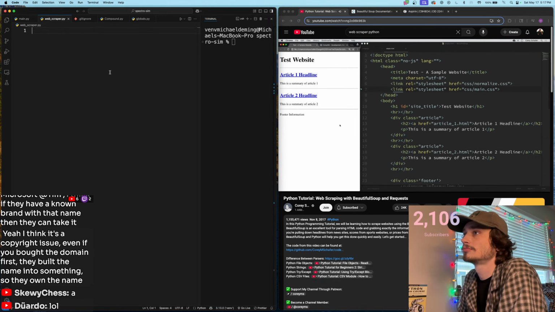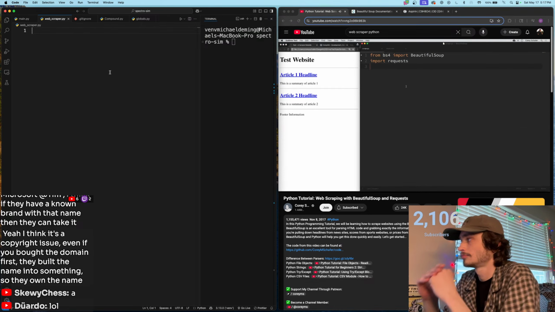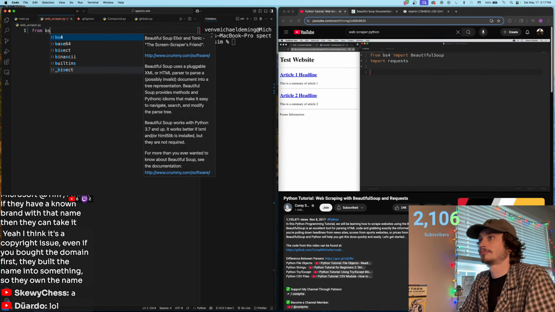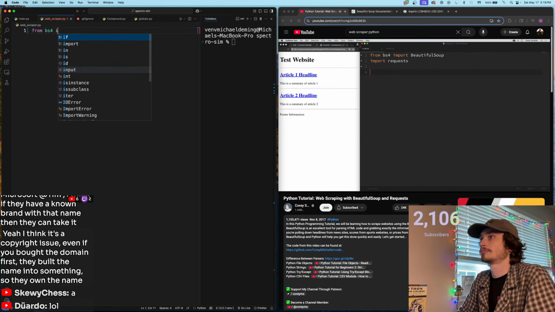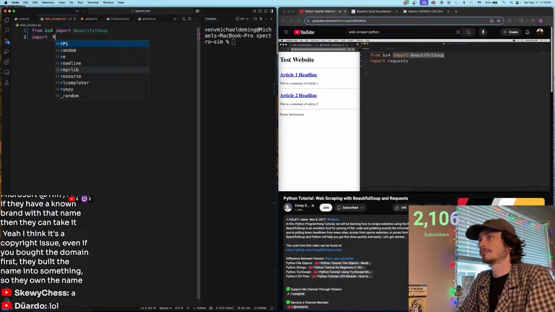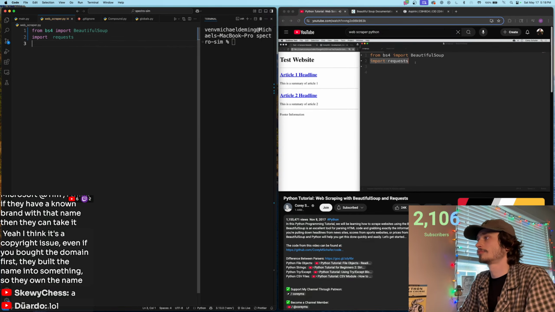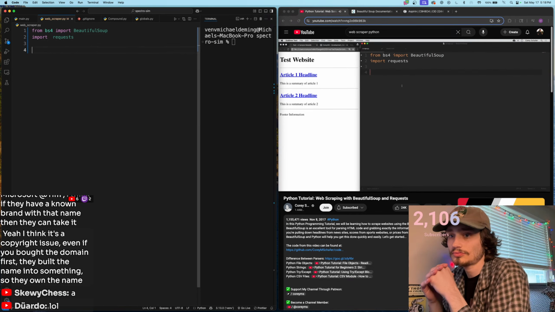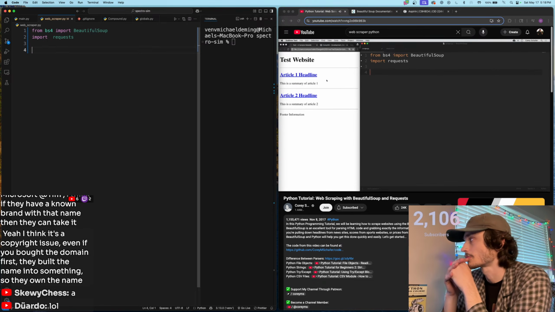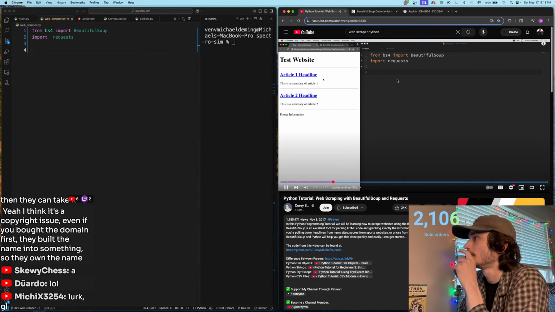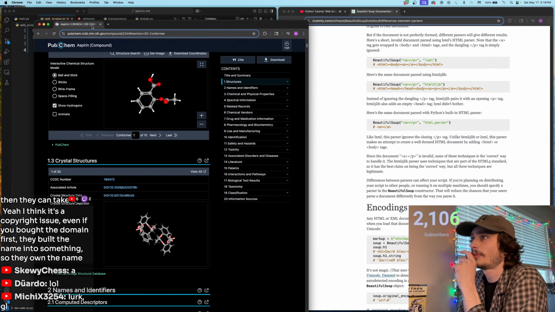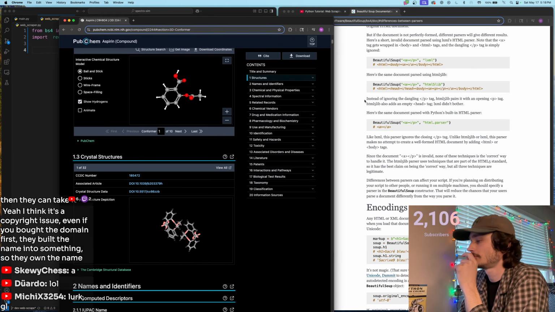So I'm going to open up a file here called scrape.py. Now all we have in here so far are our imports for BeautifulSoup and requests. So we have from bs4 import BeautifulSoup, and then we're also importing requests. So let's say that we wanted to parse out the article headlines and the summaries from our very simple website. Okay, so this is the website we're trying to scrape. Let's first